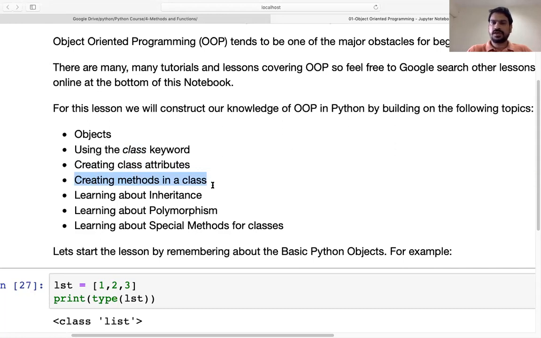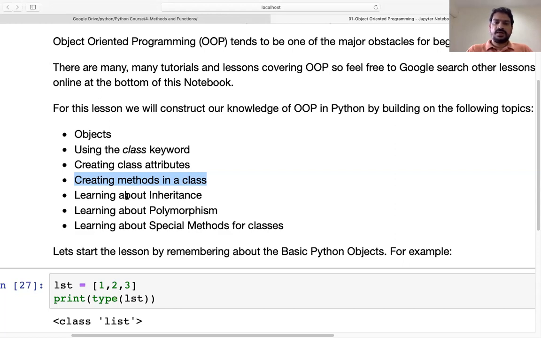We have seen how we can create a function, right? But here it is called a method. As I told you, the difference in Python is that when we have a method and want to call it, we have to use an object and the dot operator to call it. The same thing we'll do here. We'll make the object of that particular class that we create, and the method will be called by using the object of the class.